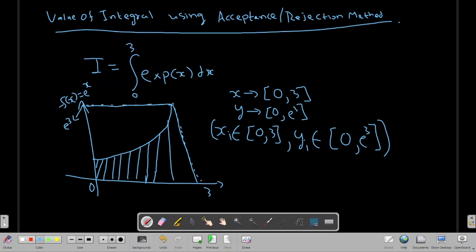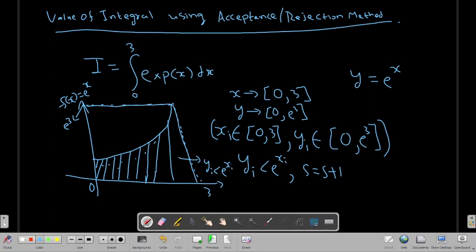Once I do this, I have the equation y equal to e to the power x. For the values for which yi is less than e to the power xi, I will increment my s. Basically, that number is generated inside the region of interest, satisfying y less than exponential of x.